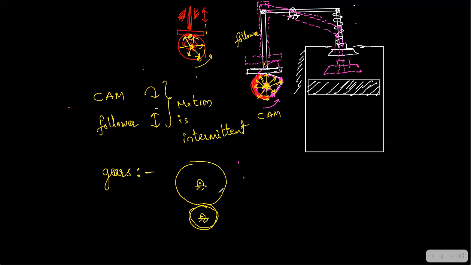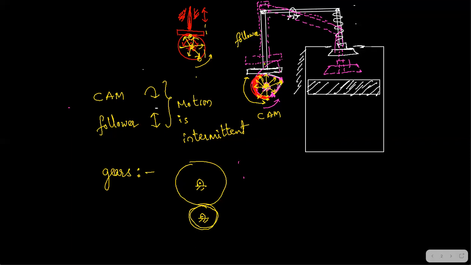We have continuous motion happening, and the velocity also is constant. Fine, but here, as I am rotating the cam from here to here, there is no velocity of the follower. Whereas the cam is having constant angular velocity, the follower has zero velocity because there is no change in position from here to here, right? Immediately from here to here, again, there is change in position and there is change in velocity, right? There may be change in acceleration also. So all these things we are going to check further.